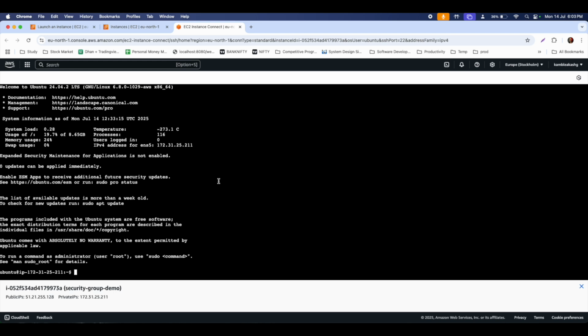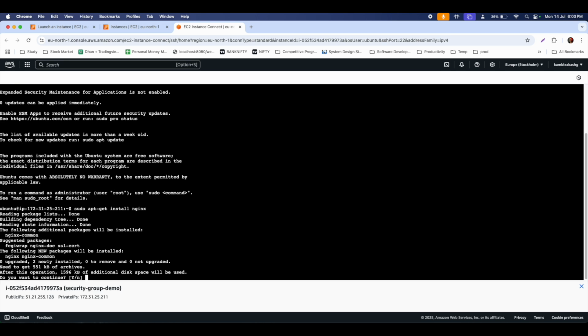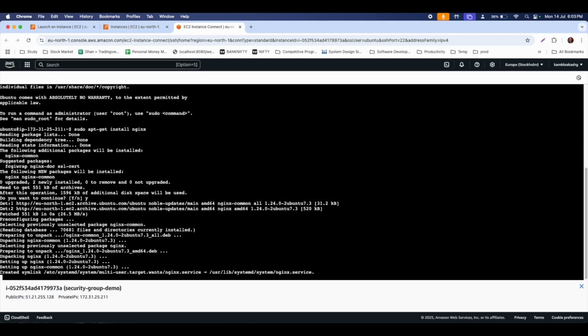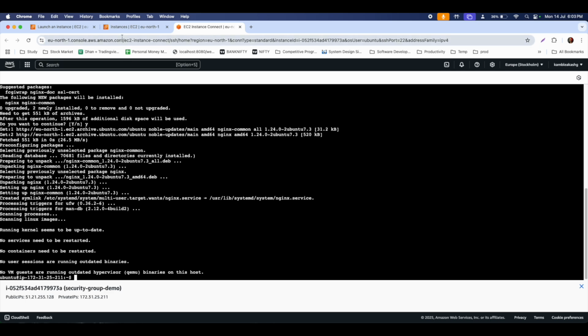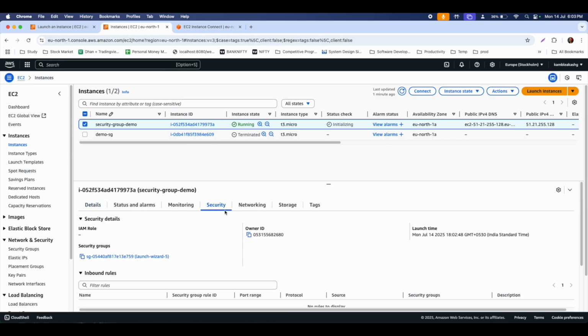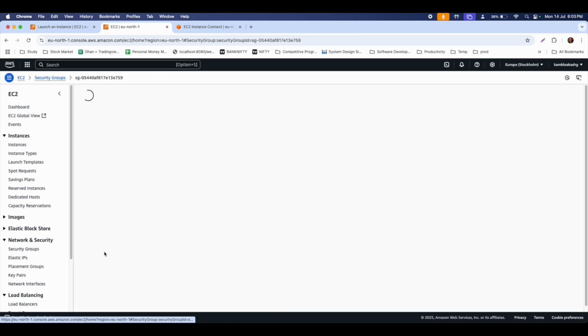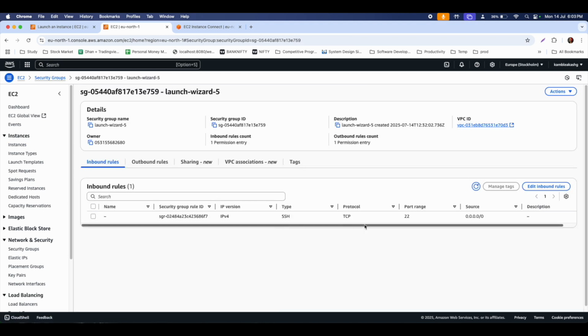As we saw in the previous video, to install Nginx, I'll use sudo apt-get install nginx. This will install Nginx on this particular EC2 instance. Okay, so Nginx is now installed. Let's go back to the instance, go to the security tab, and click on the security groups. I'm going to show you one interesting thing. By default, everything is denied. So if you see the inbound rules, the inbound rules are basically the traffic which is going to come inside the EC2 service. By default, only port number 22, because we had selected that earlier.